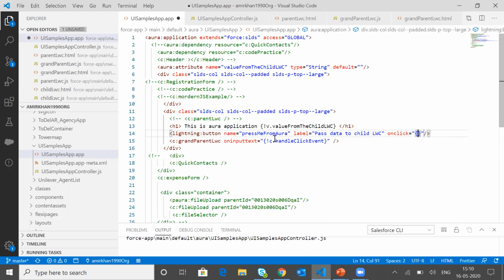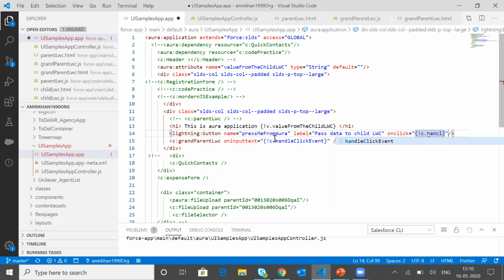So on clicking this button, we will be invoking the function written in the grandparent LWC and passing the data that we have in the parent Aura component itself.